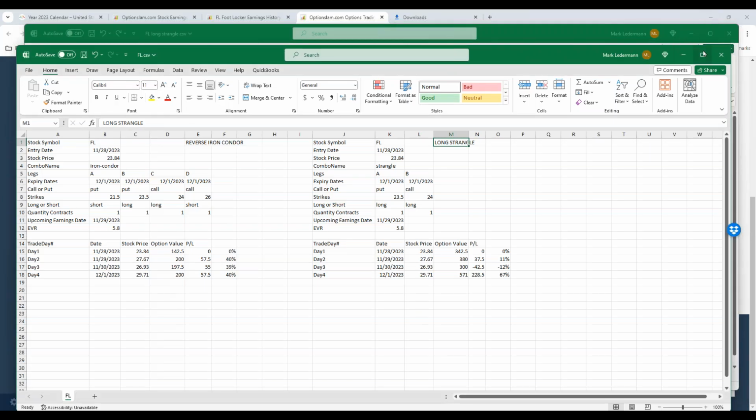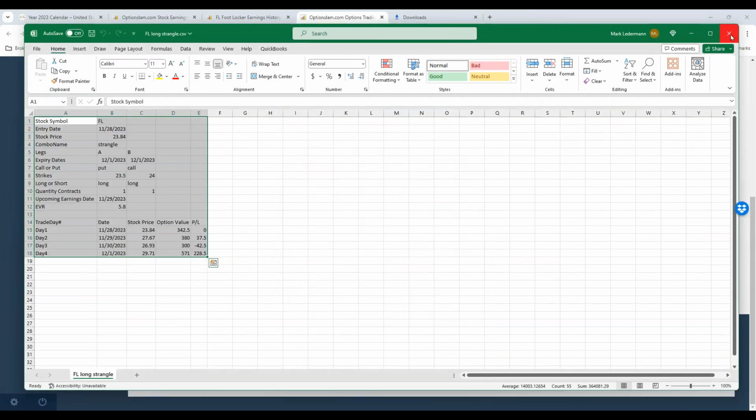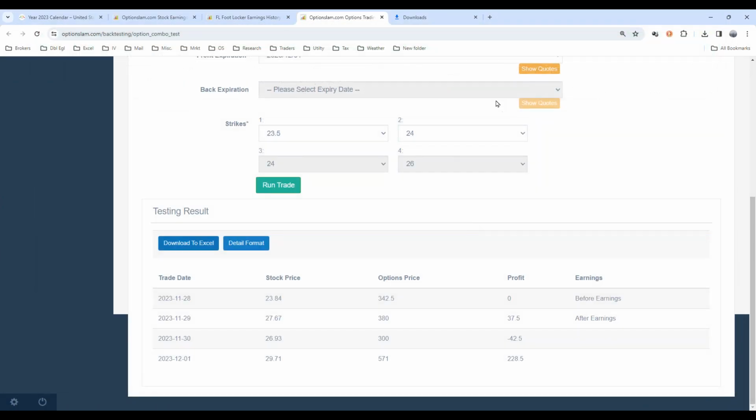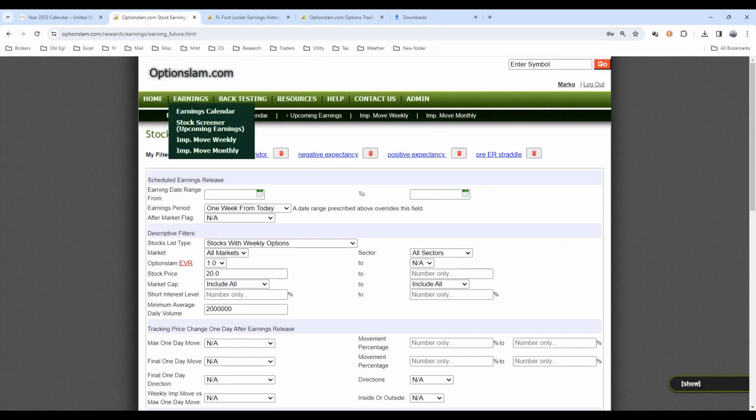All right, enough on that. Let's try to get back to the topic at hand today. That was reliving a little bit about what we learned in the last webinar, and that was all about high EVR stocks. So let's get back to today's topic, which is low EVR stocks. So let's go to our Option Slam